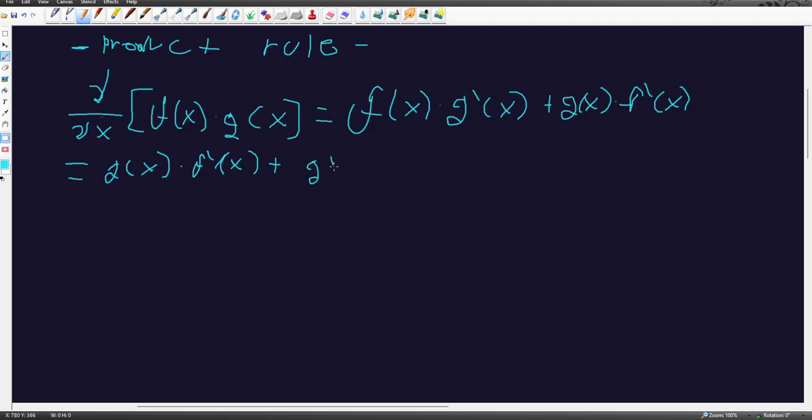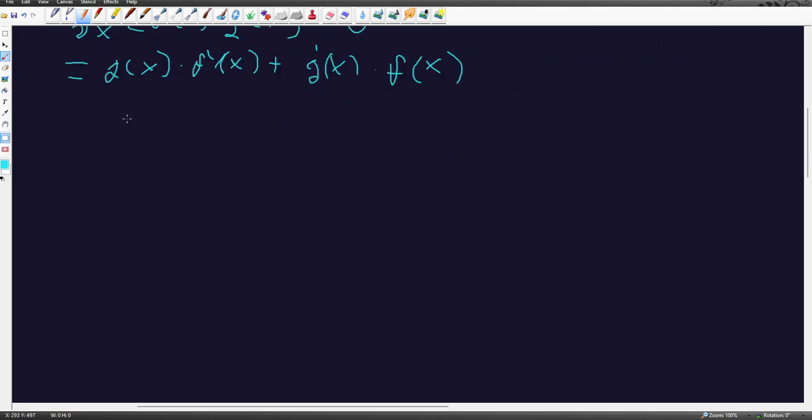G x prime times the first function. And since I gave the example of x squared, let's give it the value of h of x. We're trying to look for h of x prime